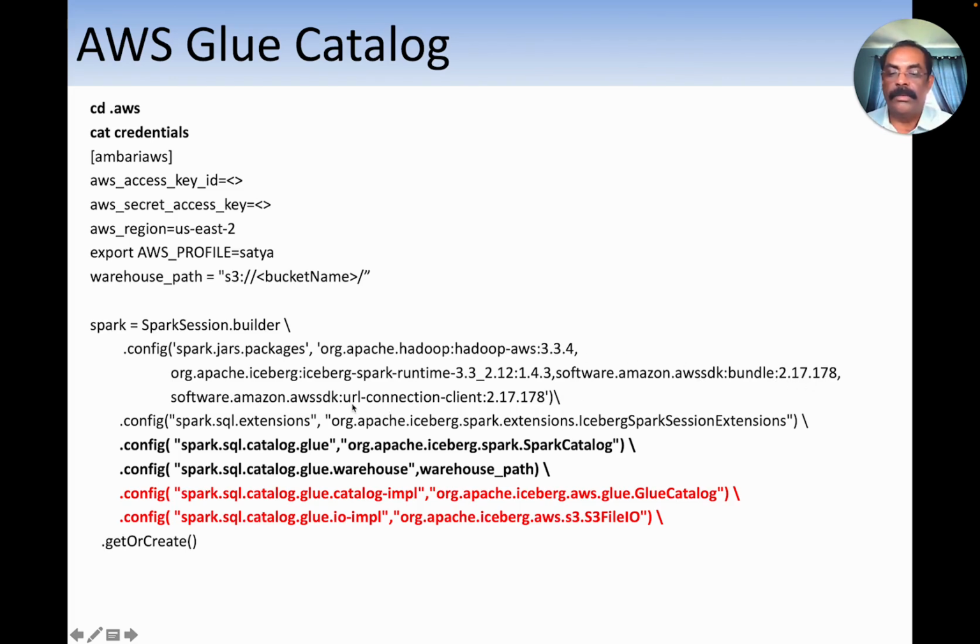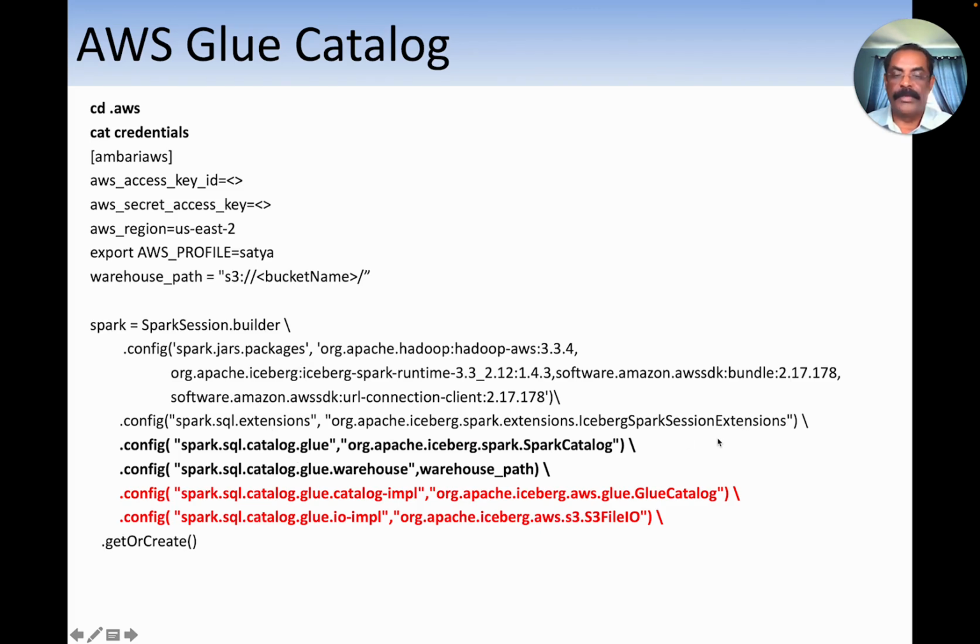So when you go to Maven, you will get this information, right? Or go to AWS to see what the combination of bundles is. But yeah, this is the Iceberg version, right? And make sure these bundles, the AWS SDK bundle, those are your jar files, right? And again, the rest is the same. Again, still we are using Spark